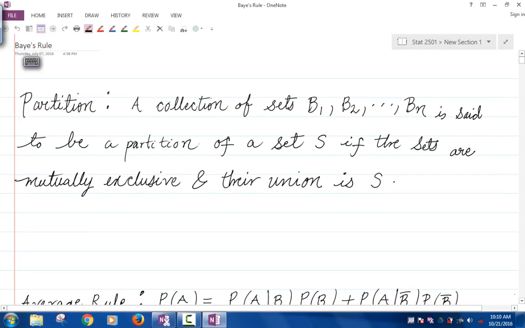An example of a partition would be the following. If you have the sample space S, so think of S being the sample space,